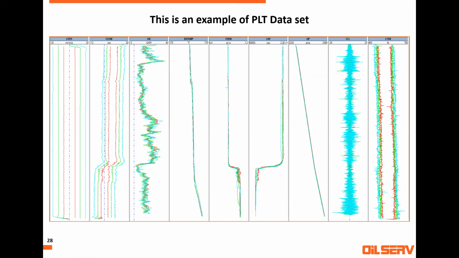Add perf. So maybe there is a perf here, maybe there's perf here, but it's only producing from one single zone. There is small production here. You can see from the spinner, from the temperature drop, it's producing cold fluid. So production here, and that's all. What's producing? For sure, it's oil. There is no water. If it's water, we'll see an increase in density. Everything is oil.